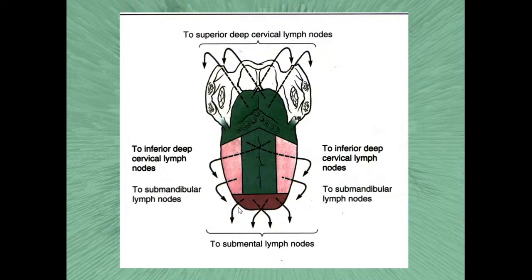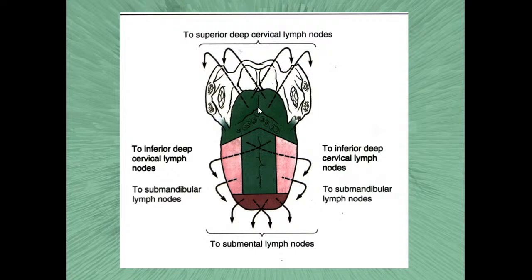From the apex of the tongue, lymph drains into the submental lymphatic nodes, as I told you before, the center of the face and the apex of the tongue as well, submental lymphatic nodes. Then from the body of the tongue, from the lateral parts of the body, into the submandibular lymphatic nodes, and from the central part of the body into the inferior deep cervical lymphatic nodes. From the root of the tongue,